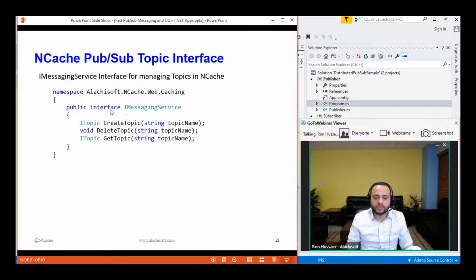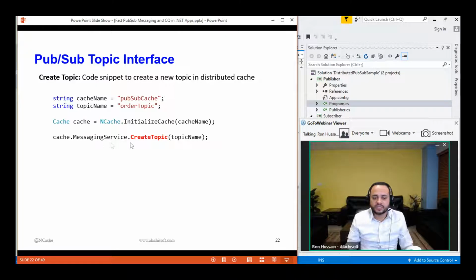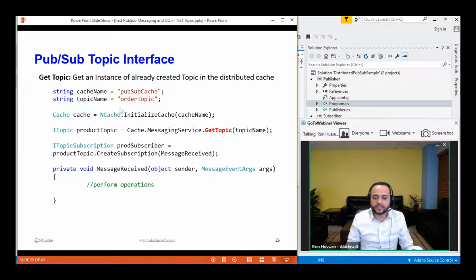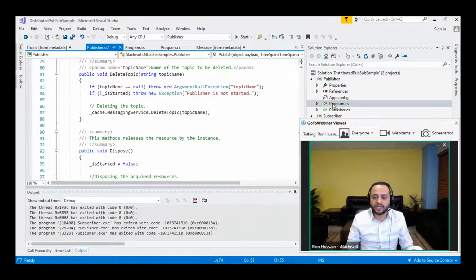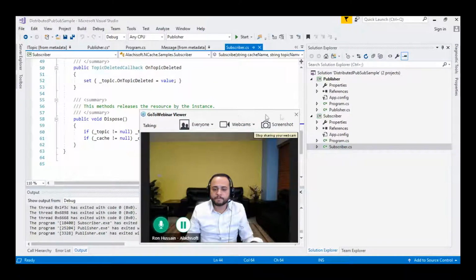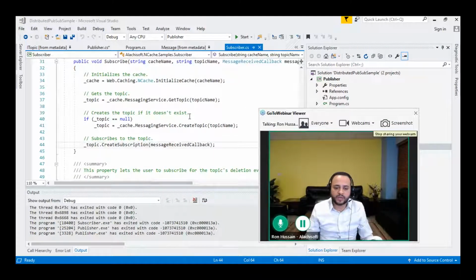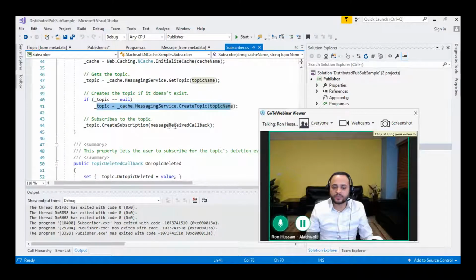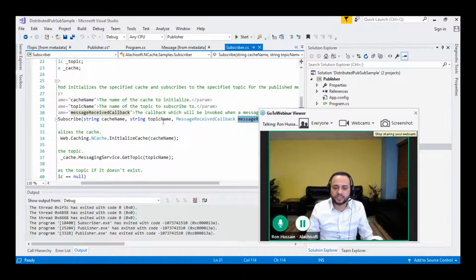These are the code, iMessaging service. You initialize, create topic, or get connected to it, and then you have the subscriber side of things as well. Let me show you that real quick. Alright, on the subscriber end, again, you have initialized the cache, you get a topic, assuming that it's already there, and if it's not, you create a topic, and then you create a subscription, and then you have a message received callback. This message received callback is actually passed on to this method,